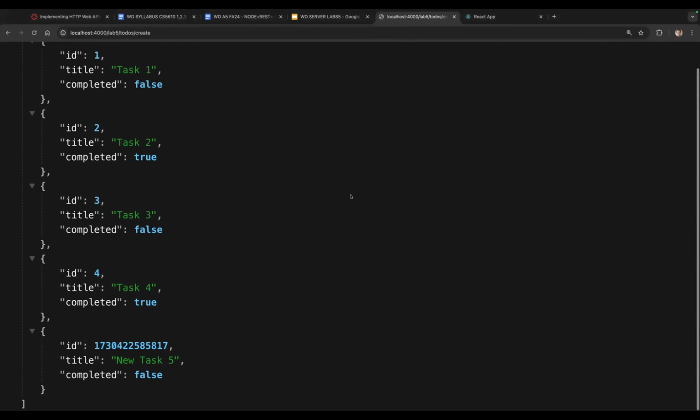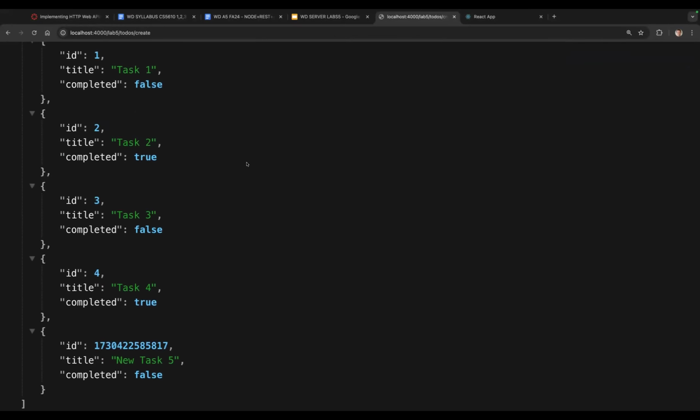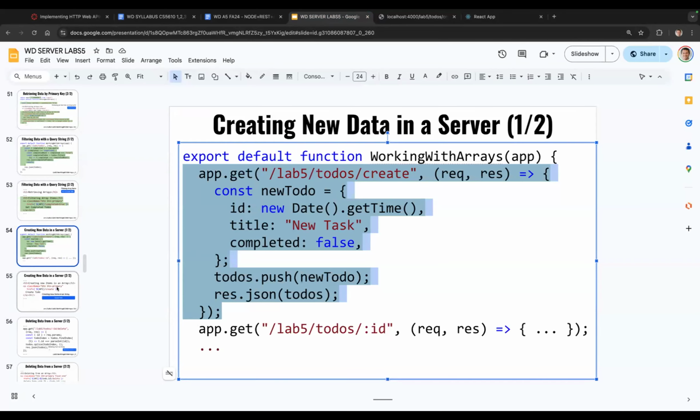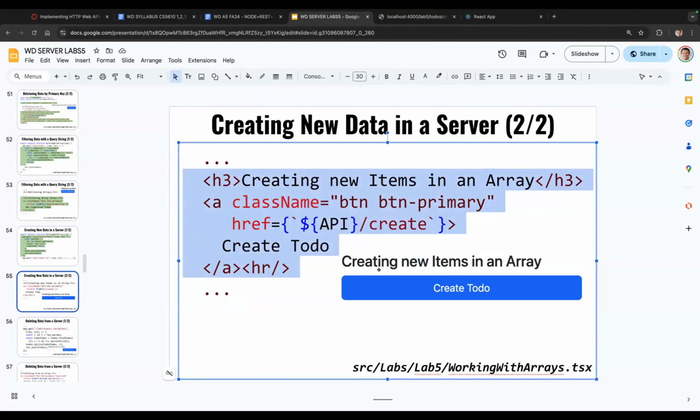So notice that if I refresh, the to-dos go back to the same to-dos as before, because every time you restart the server, it resets all those variables. So notice if I call this a couple of times, we have new task 5, 6, 7, 8, 9. Perfect. Okay. So now in the user interface, we can create a button that would allow us to